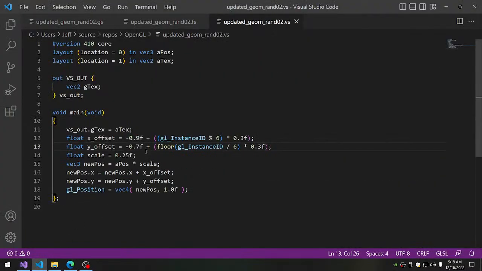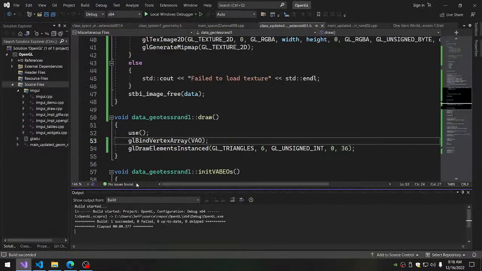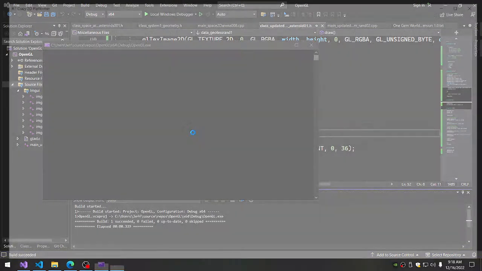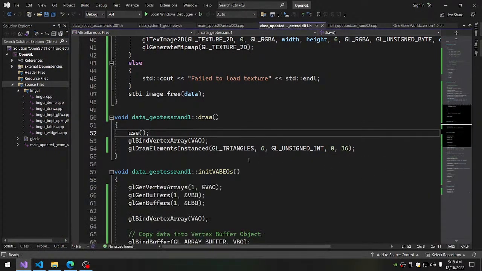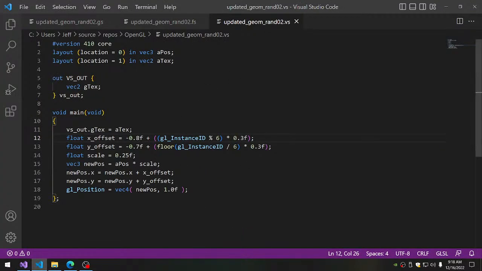Okay, and just because I want to move that over just a little bit, like that. There we go. So it's all kind of visible here. Okay. So now in the other one, what we did,